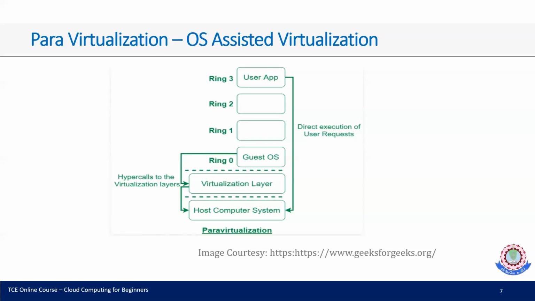So this kind of paravirtualization gives calls to the virtualization layer from the guest OS. It will act as a hypervisor or VMM in any case. This will mainly give hypercalls. If any non-virtualized instruction comes in, it will be replaced by hypercalls. So hypercalls are then forwarded to the host computer, which will serve the instruction which comes from the guest OS.